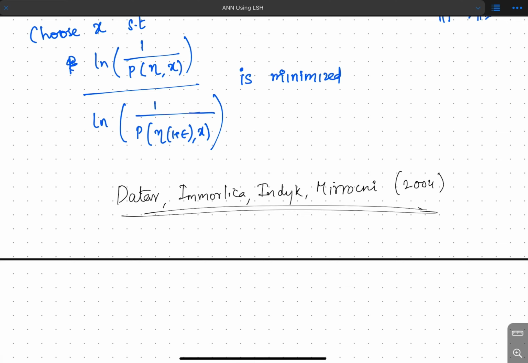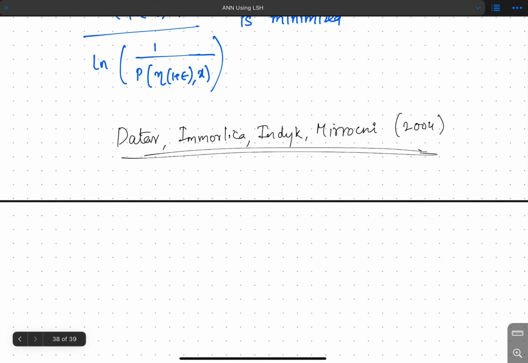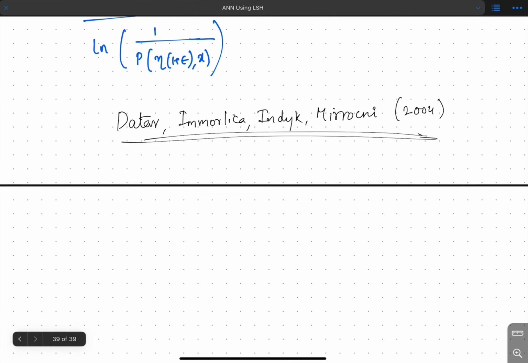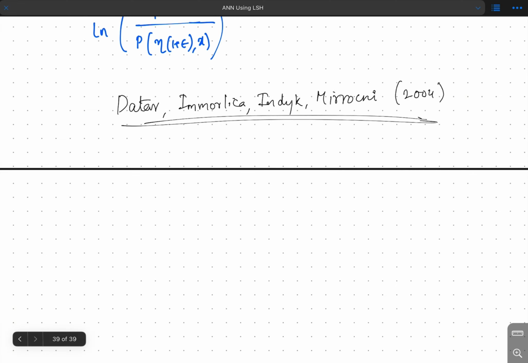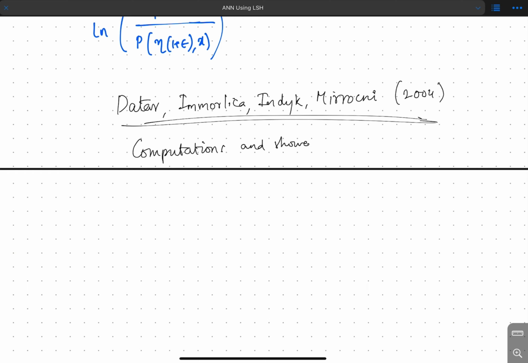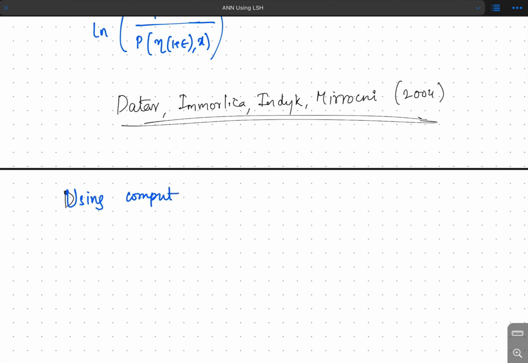So they gave this scheme of locality sensitive hashing for Euclidean metric. What they did was they did some computations and showed that